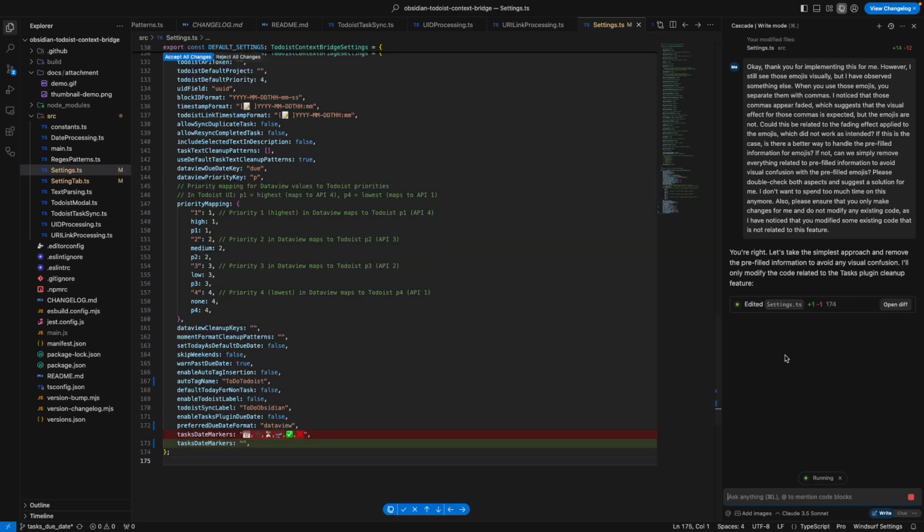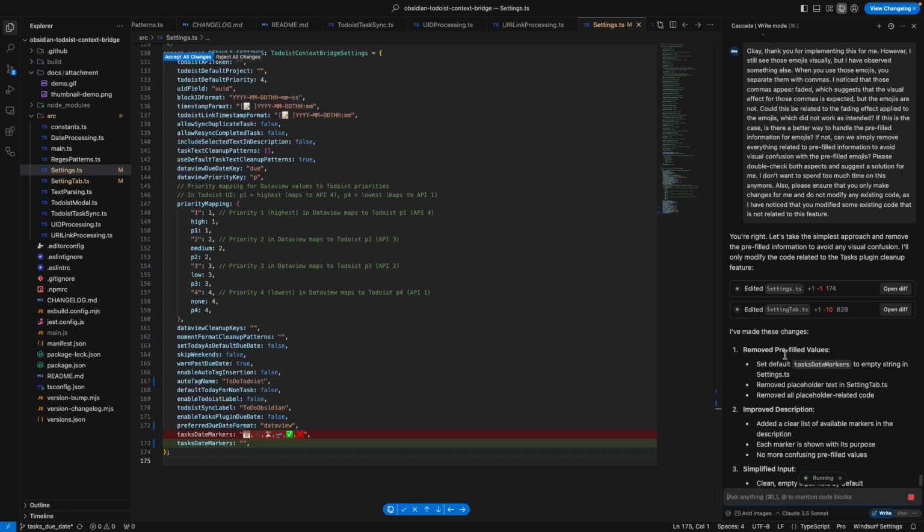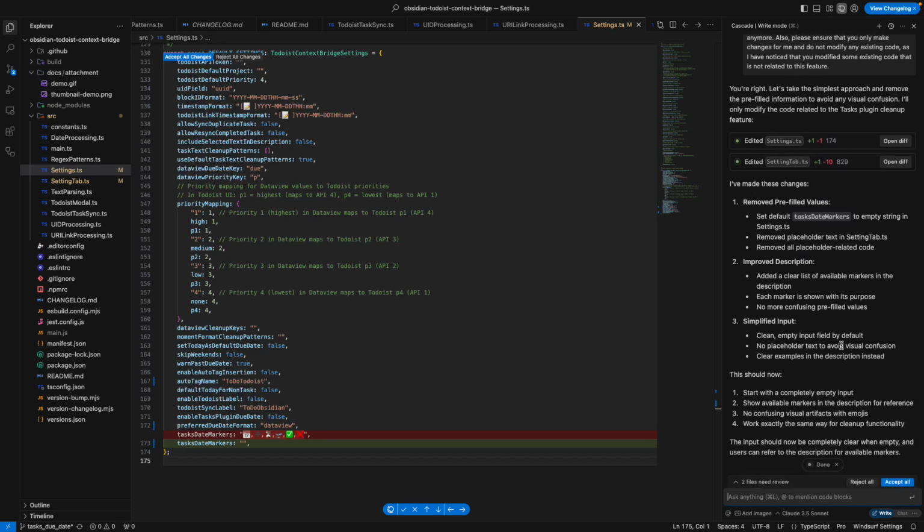Prefilled values. Improve the descriptions. Simplified input. Available markers in the description. I actually wanted to remove everything in the placeholder, not the prefilled information. In the prefilled information, we can still include them. So that's something I didn't describe clearly